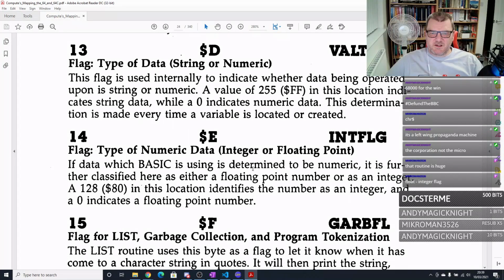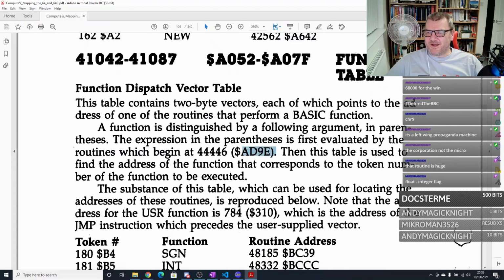This flag is used internally to indicate whether data being operated on is a string or numeric. The value of 255 in this location indicates string data, while 0 indicates numeric. Right, so they use a byte. They use an entire byte for that. Wow. The type of numeric data, and so they use an entire byte for that as well. Wow. Right, they only need to use 2 bits. What an inefficient way of